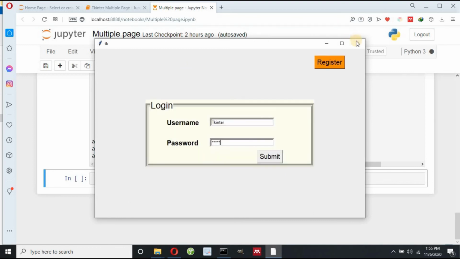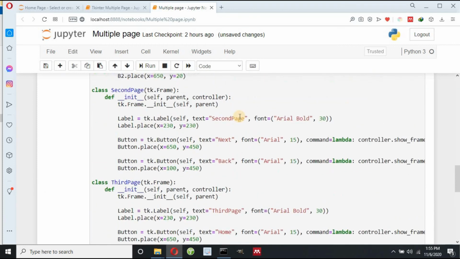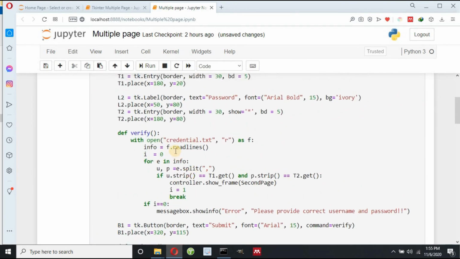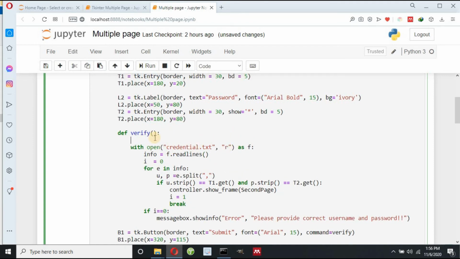Now one thing, let me close this first. In my submit button, if I have no credential.txt file, then this r mode doesn't create a new file. So I have to write this with block inside a try block.